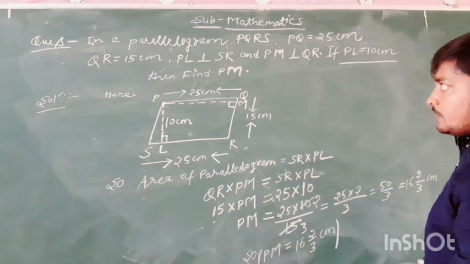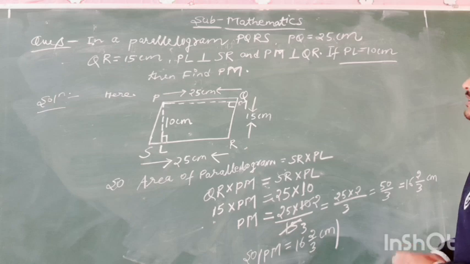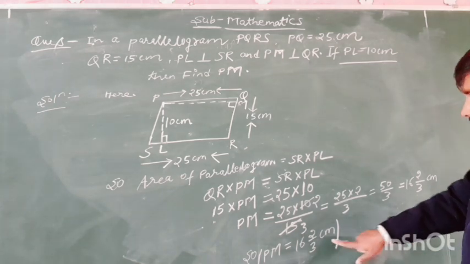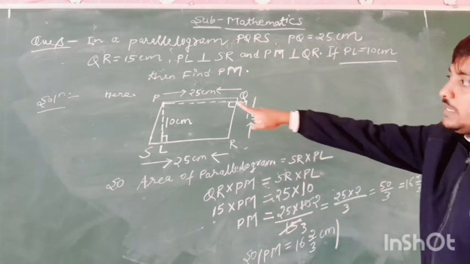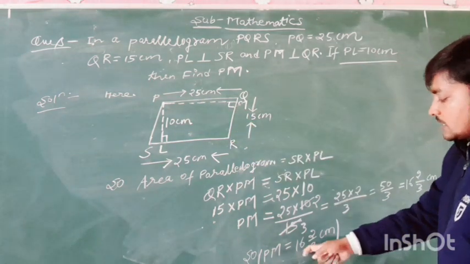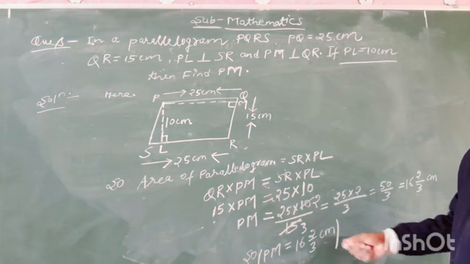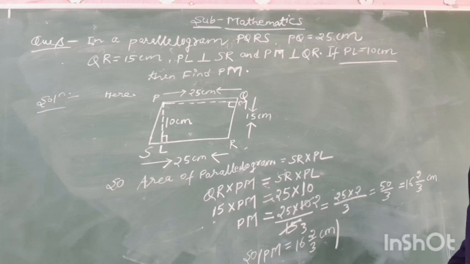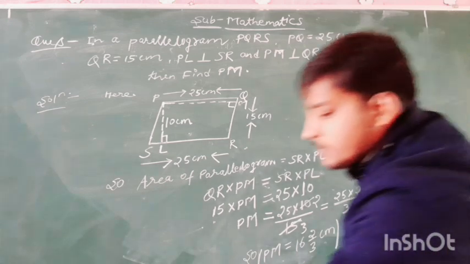Here we have to get the measure of PM. Measure of PM, which is equal to 16 whole 2 by 3 centimeter. And the new question, which is